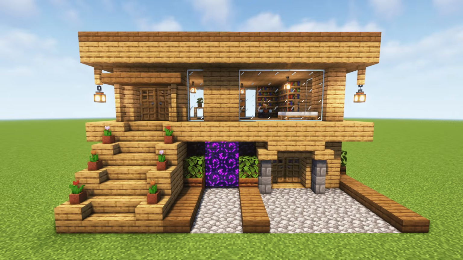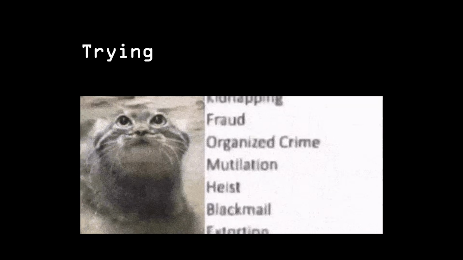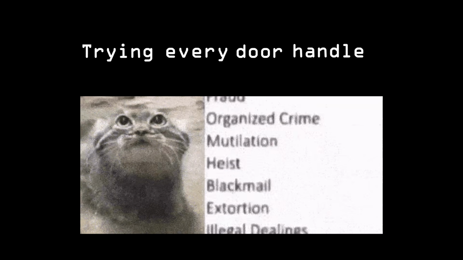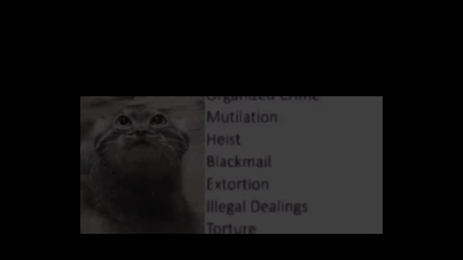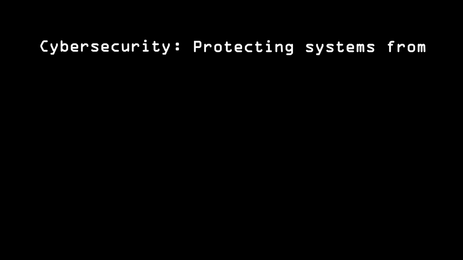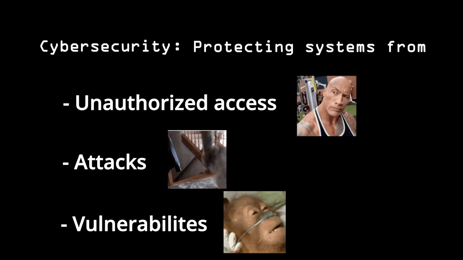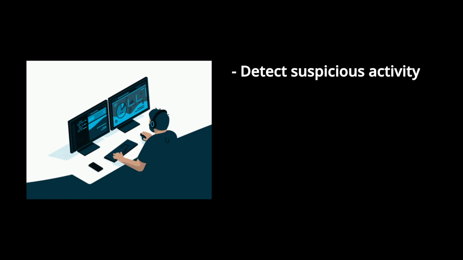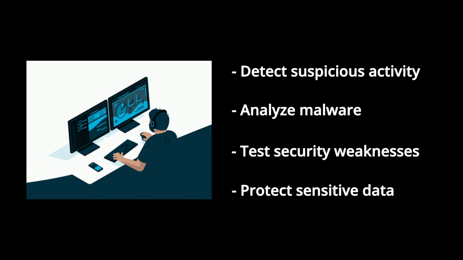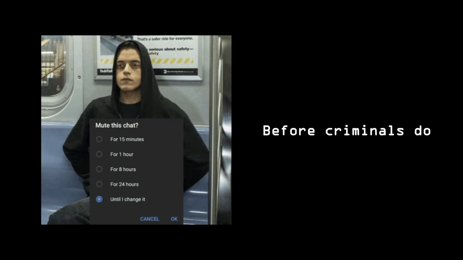Imagine your house had millions of doors. Every website, every computer, every phone, server, network connection. Now imagine criminals trying every door handle they can find. That's cybersecurity. Cybersecurity involves protecting systems from unauthorized access, attacks, and vulnerabilities. Programmers create tools that detect suspicious activity, analyze malware, test security weaknesses, protect sensitive information, etc. Ethical hackers use programming to find weaknesses before criminals do. Think of it like hiring someone to try breaking into your house so you can fix the locks before an